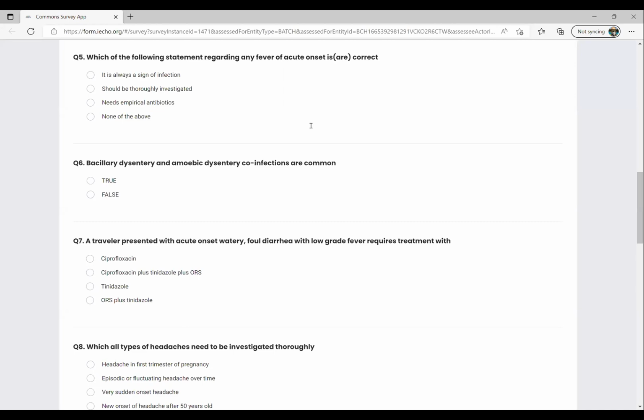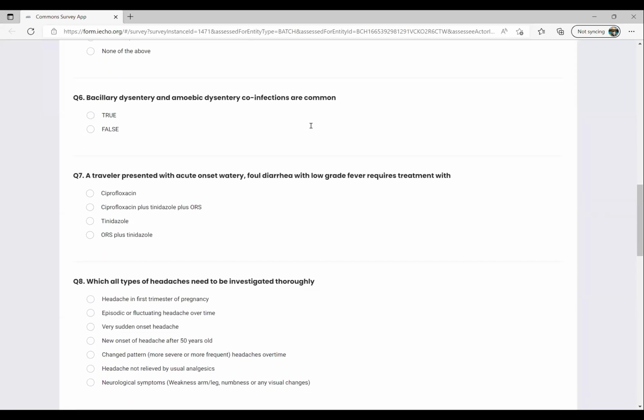But if you look at our prescription pattern, you will see most of the time we are writing ciprofloxacin and tinidazole together. Thereby we mean that as if both amoebic and bacillary dysentery happen together, and that's why we are giving both these drugs. First of all, you don't need antibiotics for watery diarrhea. If at all you suspect that it could be bacillary or amoebic, then you have to choose one of them. Both of them together are not needed.